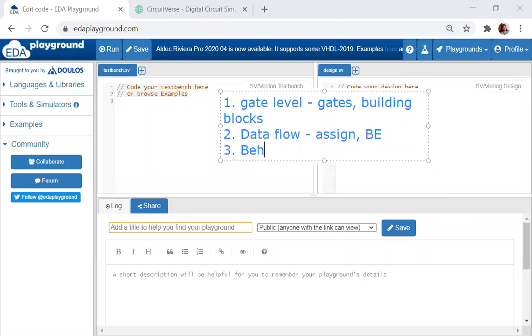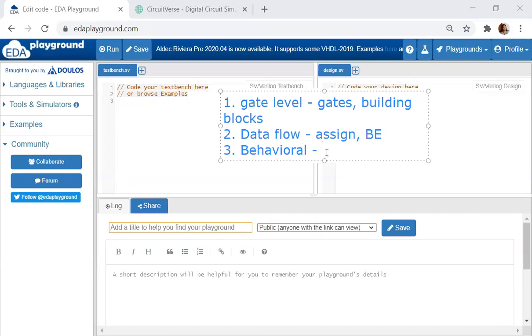The third one is behavioral model. Behavioral model deals with how the value flows in the input wire or signal. We'll design it based on the logic that is required.